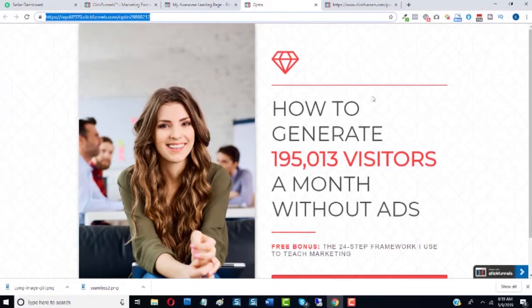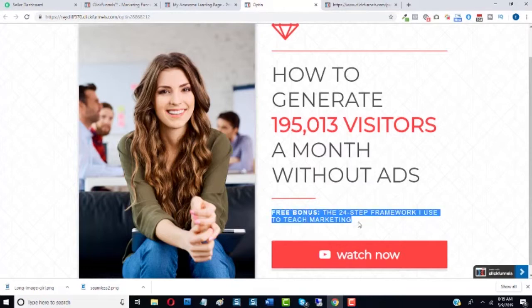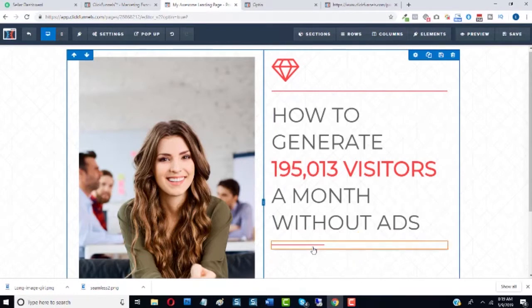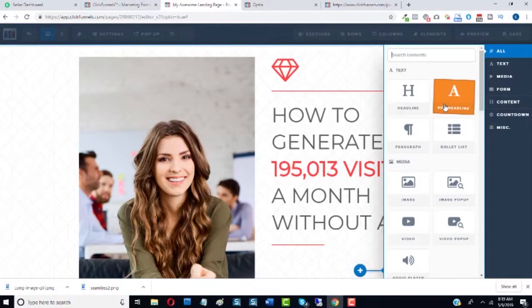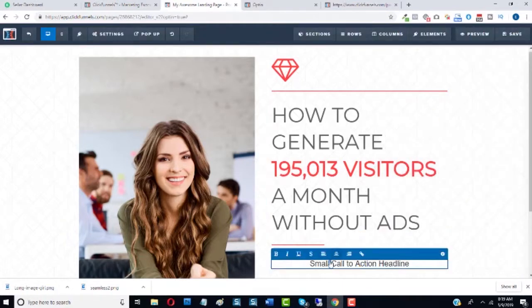Okay, the next thing we need to do here is to create this. So I'm going to copy this text out. Then I'm going to come here and add new text. I'm going to add a sub headline. I'm going to highlight all of this,